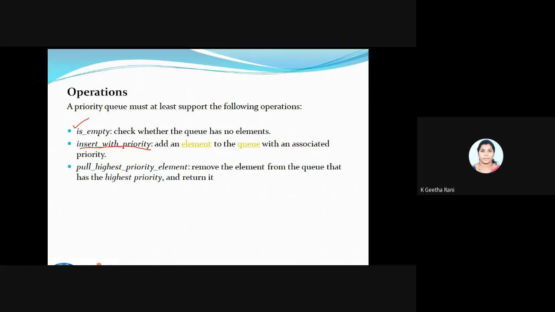Then pull the highest priority, which means I'm going to delete the element that has the highest priority, and I'll be returning the deleted value also. That is what is given as return. So these are the basic operations in your priority queue. Whichever implementation you follow, you use these operations. That is what I've given as the basic operations for all the implementations.